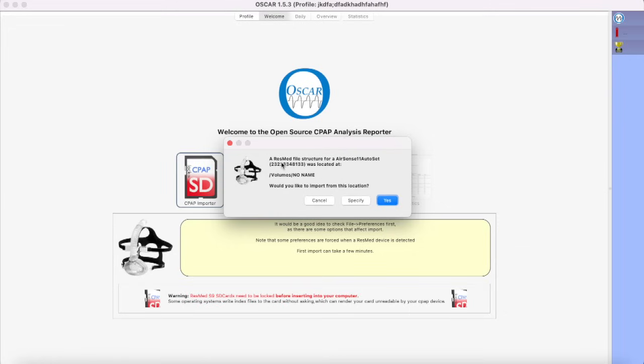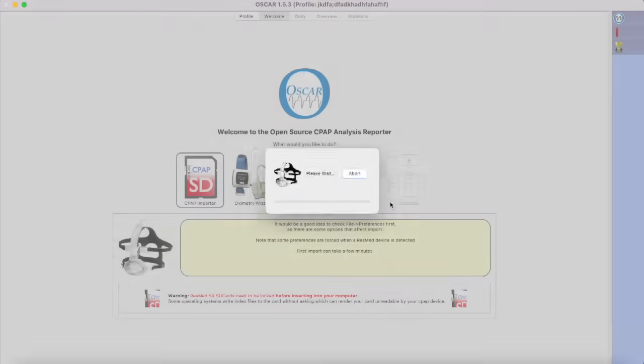So right there, it just said, hey, we noticed that you have a machine that looks like this. We found some data. You want to import it? You're just like, yes, I would. So the first time you do this, it's going to take a little while. It takes some time. So, maybe while it's doing that install, what we can do is we can go ahead and check out